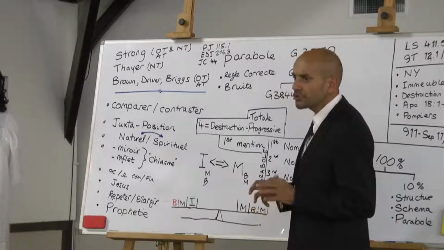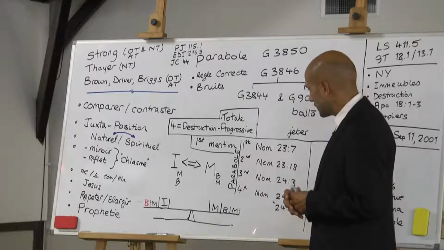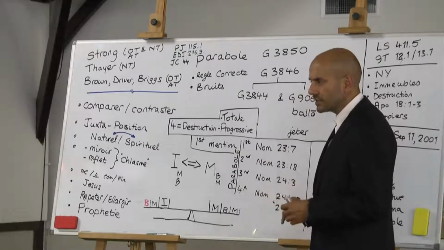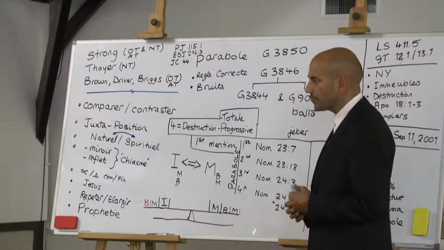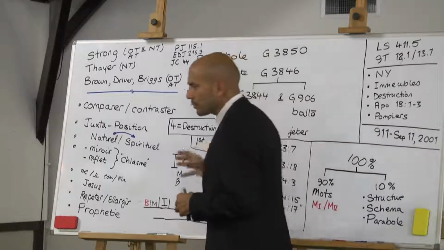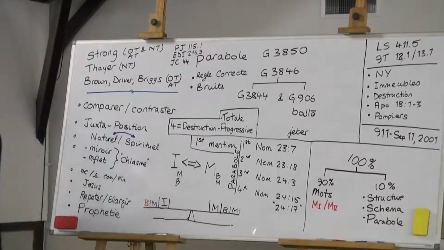We saw its first usage in the scriptures. It was in these 4 verses that we see the first time that this word is used in the Bible. So the word parable is used in the story of Balaam and Balak. And it's used 4 times.